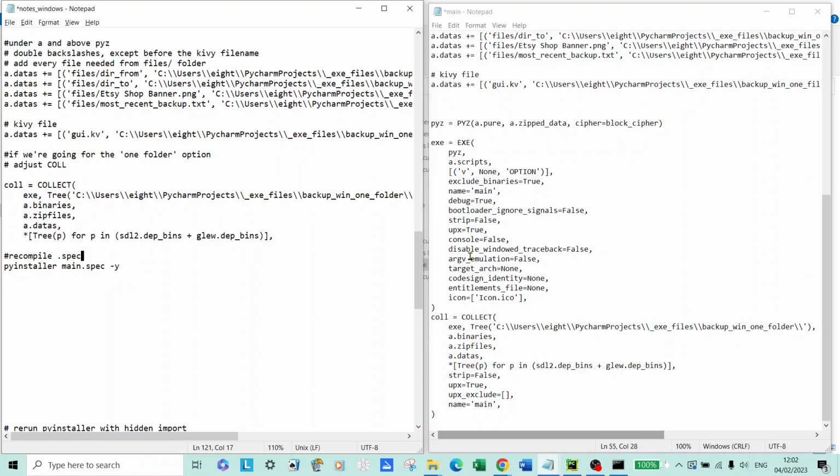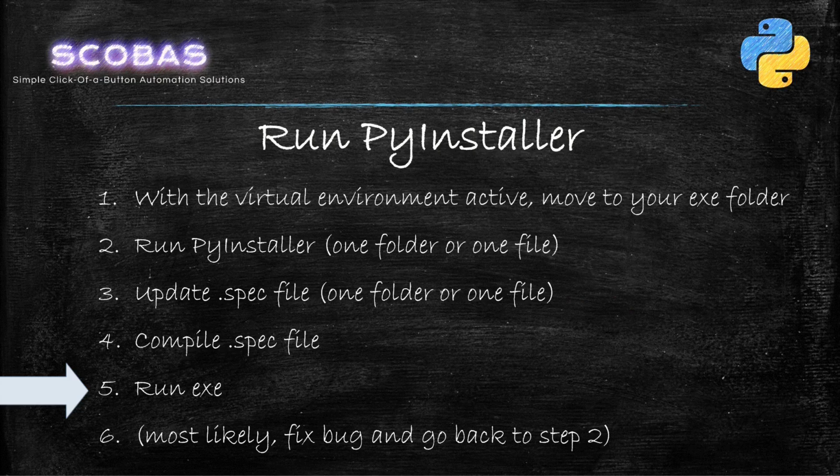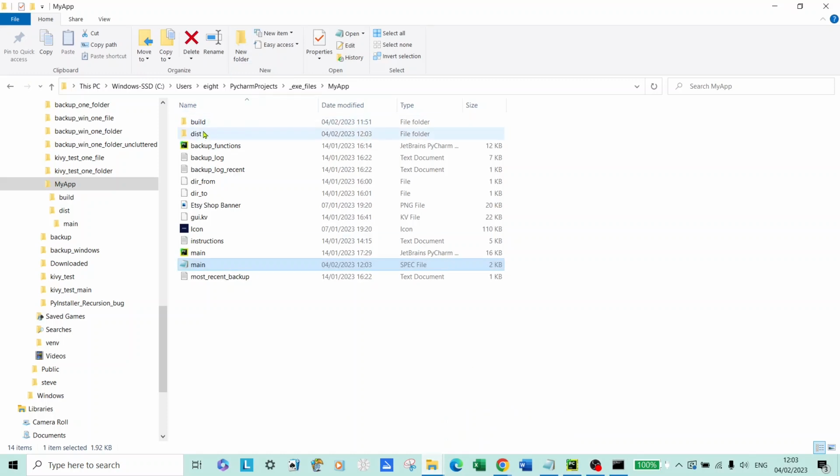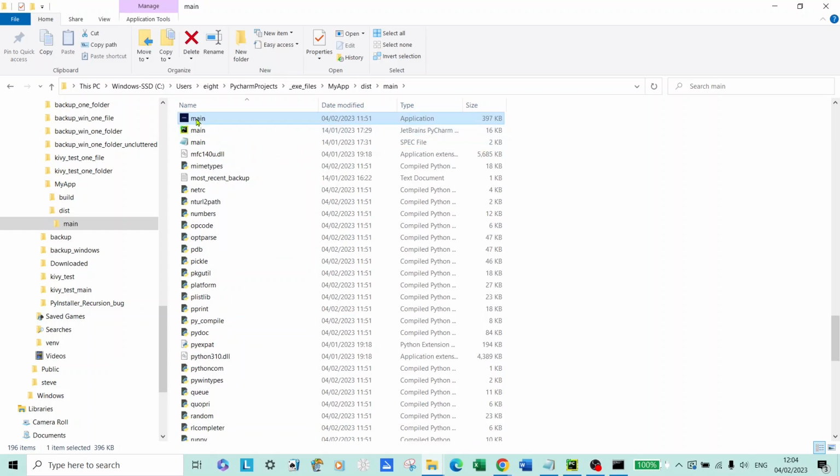Okay, let's see what that does. So we've saved it. Let's recompile. And how do we recompile? We recompile by doing pyinstaller main.spec -y. So I'm now back in my PyCharm environment, and crucially I'm in my virtual environment, and I'm in my app folder, and I run that. Right, completed successfully. So now it has recompiled my spec file. Let's see if my app works now. Okay, let's go to my app. In my dist folder, let's find the main file, run it,